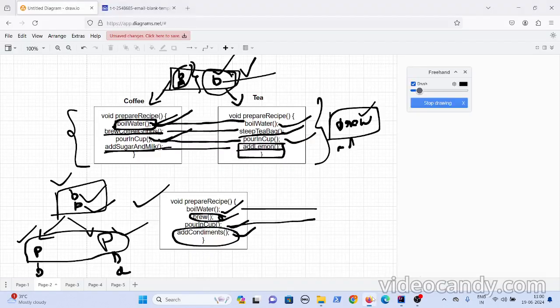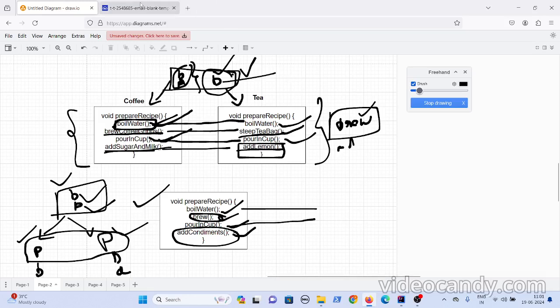Now in real life also, you have examples related to the template. Let's say you want to draft an email to your friend. You have studied how to write an email in your school days, but now you forgot where you should add from, to, and all.